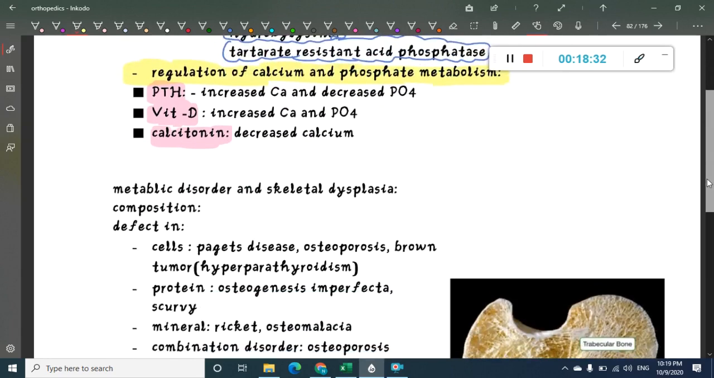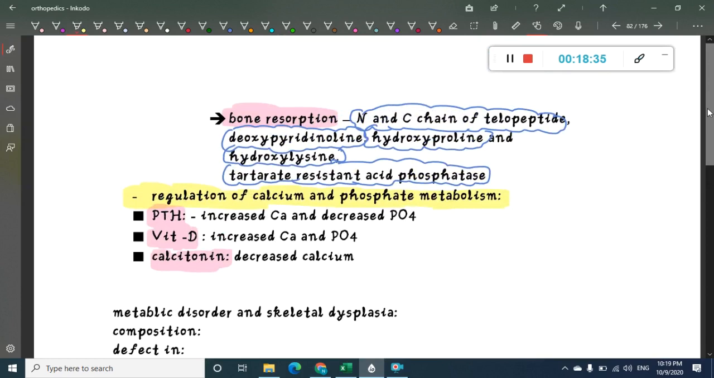So these are some important points about the general anatomy, a part of anatomy, and also